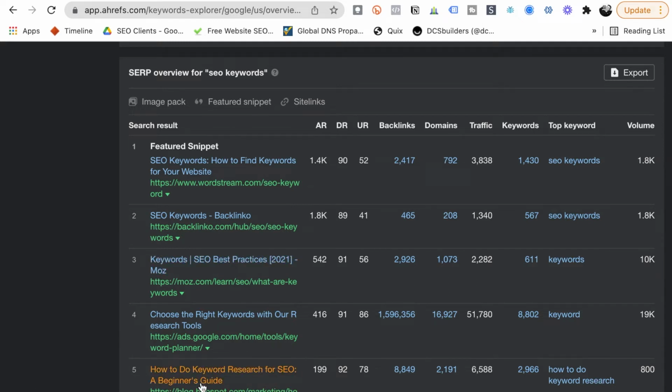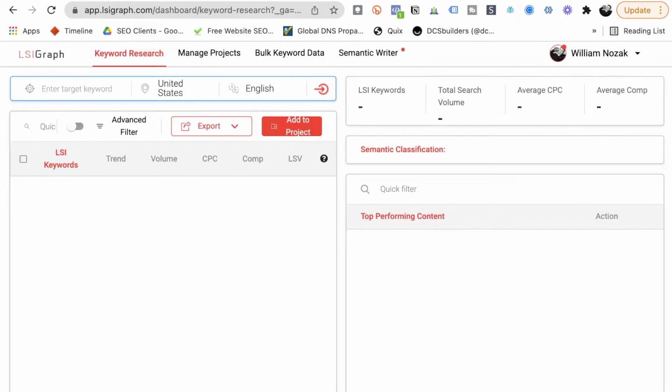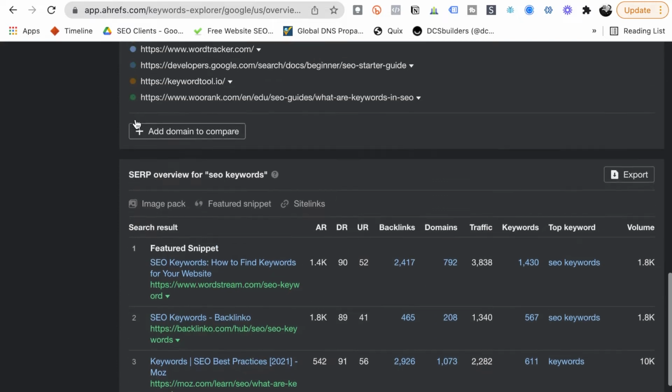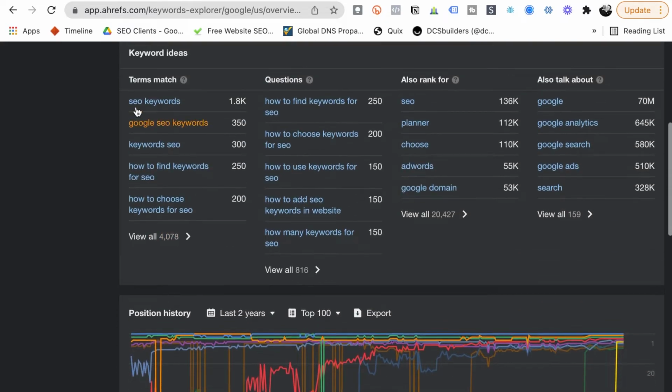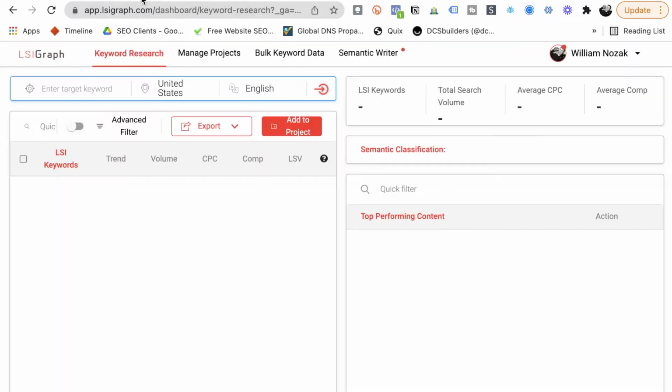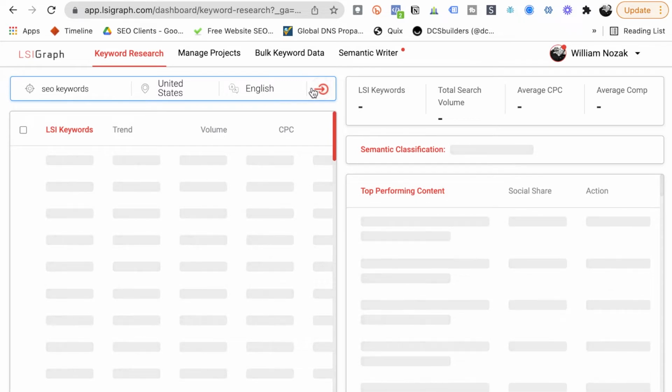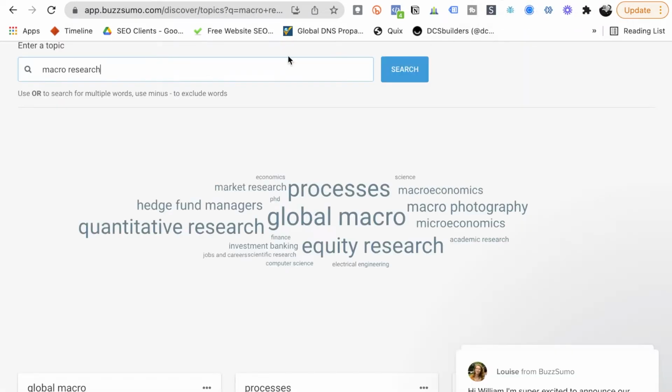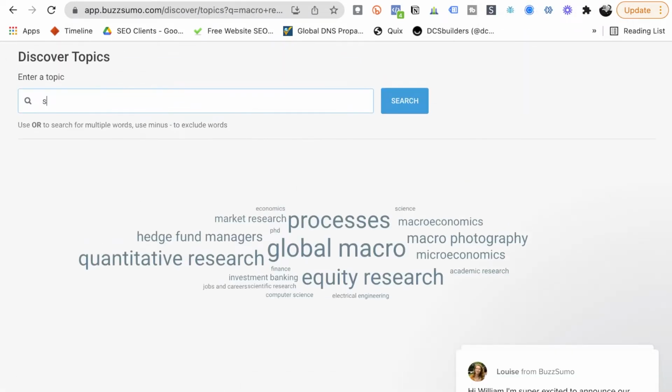I can open these up. I can do a further analysis of it with a keyword density tool. So I can pop in a keyword density tool. I might pop it over into an LSI, and this is just an example one that's kind of slow, but SEO keywords, I might try to pop it into an LSI graph tool of any type. And this one's usually pretty slow. Don't know if it's gonna give us what we want, but again, I could use it in BuzzSumo, SEO keywords,